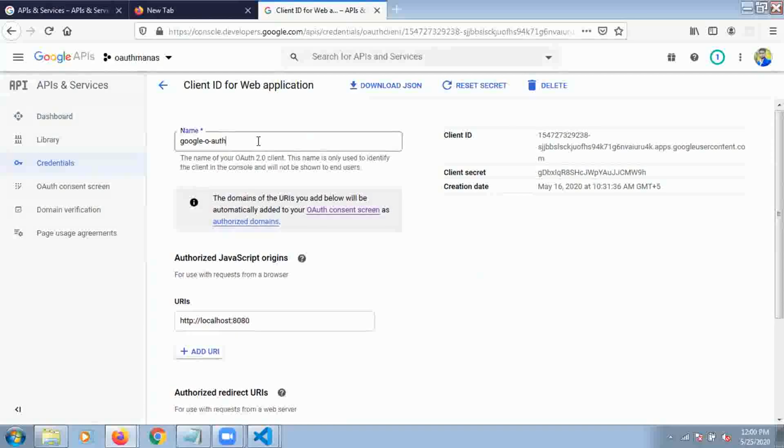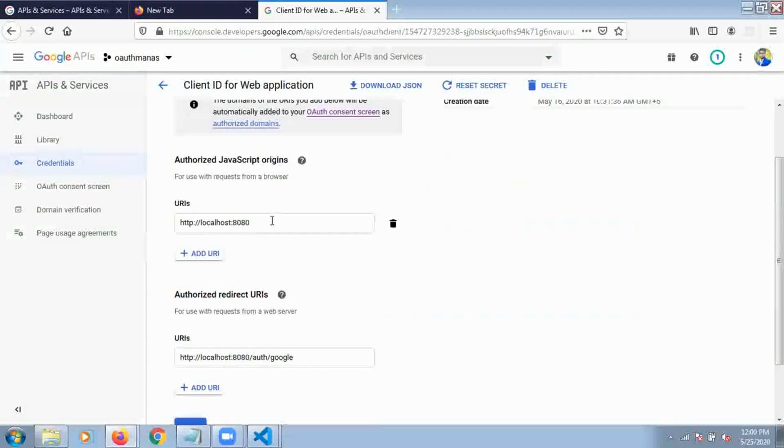When you click on the Google Auth, it asks for the name you want to provide. Whatever name you want, you can provide it here, and the URL is your localhost, whatever port is running.